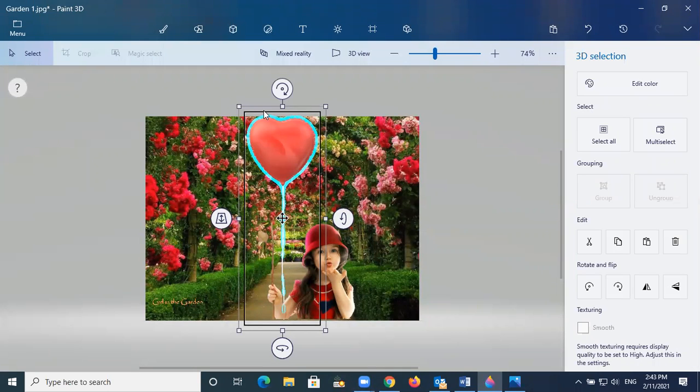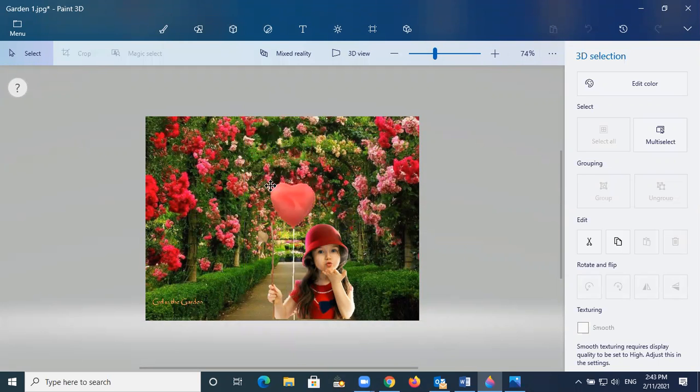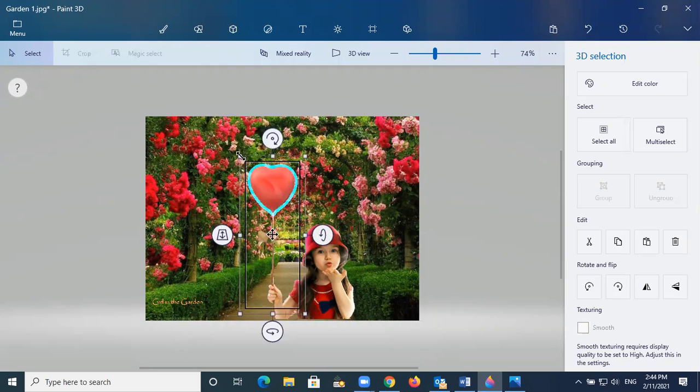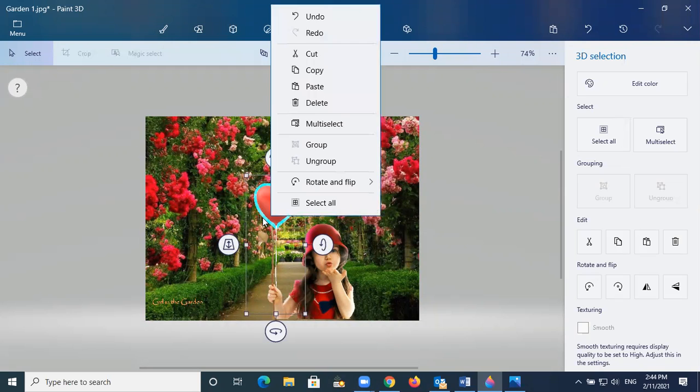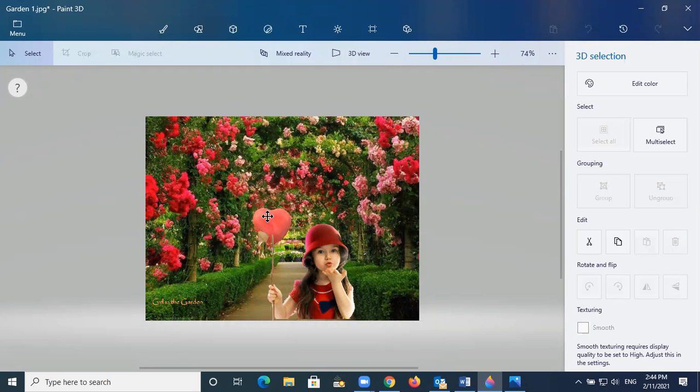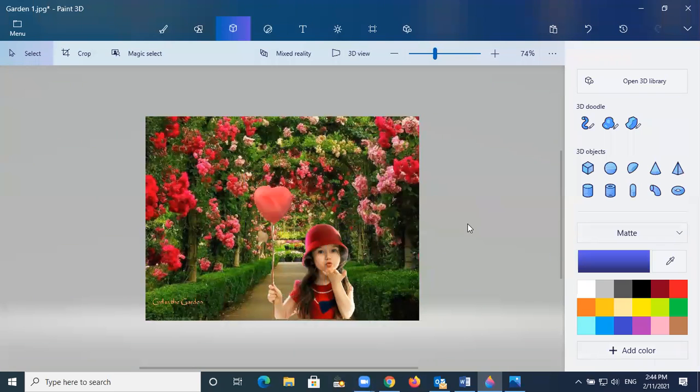So you can adjust this shape, okay? Because I want to put the girl holding the balloon here. Okay, because the girl is here. You can adjust the things however you want. The girl is holding the balloon. You can even adjust these things up or down. This is up to you. You can even make it a smaller one, no problem. So that's why this is very interesting, and it is not difficult at all. You can make a small balloon or whatever, it is up to you. So these are the only things.